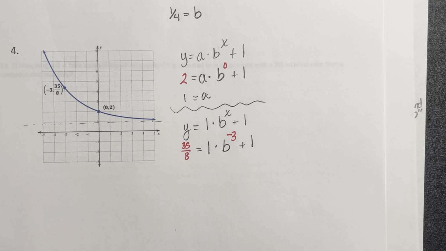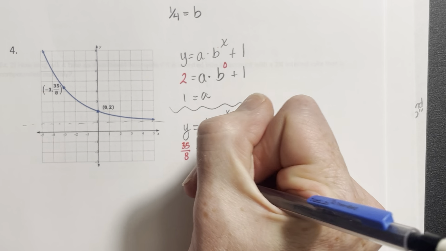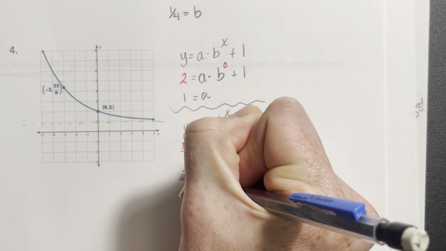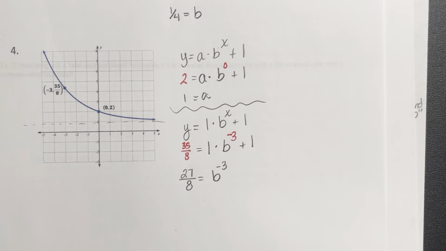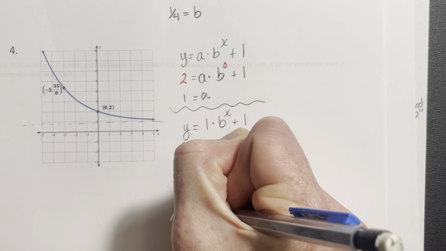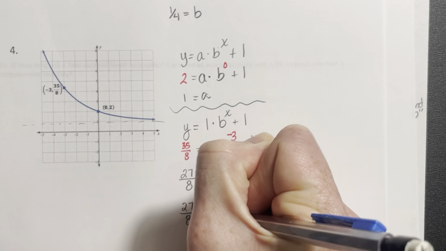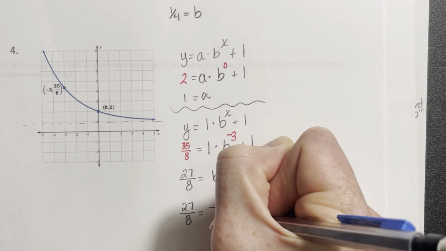We would subtract 1 from both sides. 35/8 minus 1 should be 27/8. And I get b to the negative 3 is equal to 27/8. This is where your algebra skills are going to vary and lead you to which way you understand this best. But using negative exponents, we have 27 over 8 is equal to 1 over b to the 3rd